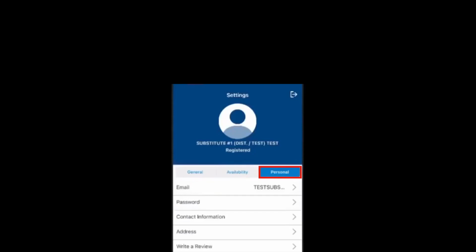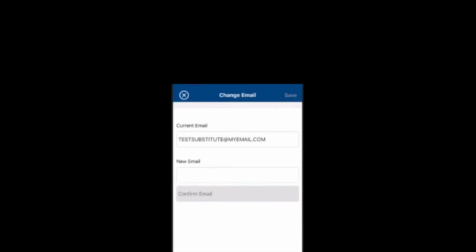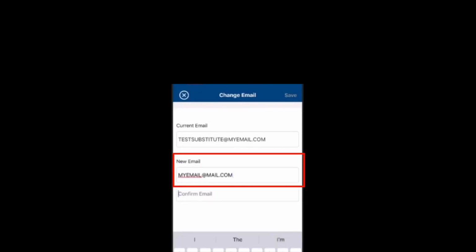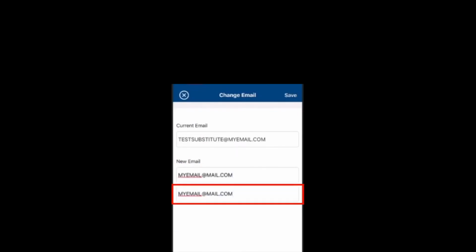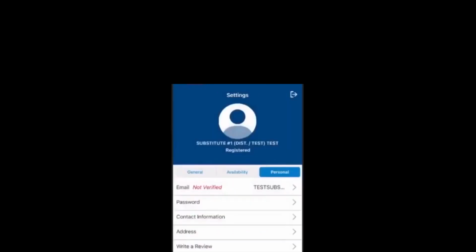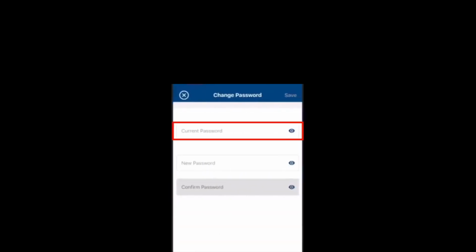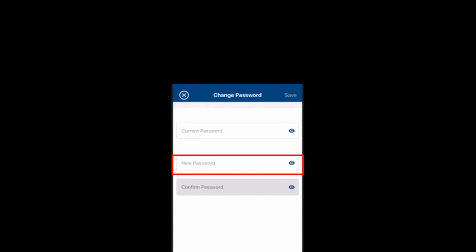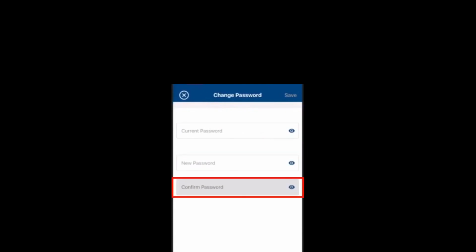The Personal tab will display email, password, contact information, address, and the ability to write a review of the mobile app. In the email section, substitutes can change their email address by entering in their email. They will have to confirm it for accuracy and hit Save to retain the information. Substitutes can even change their password. They will have to enter their current password as well as a new password